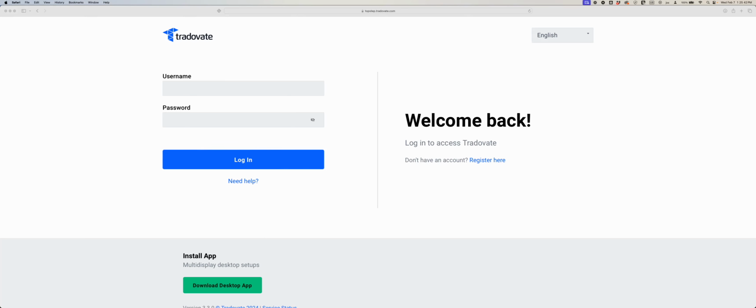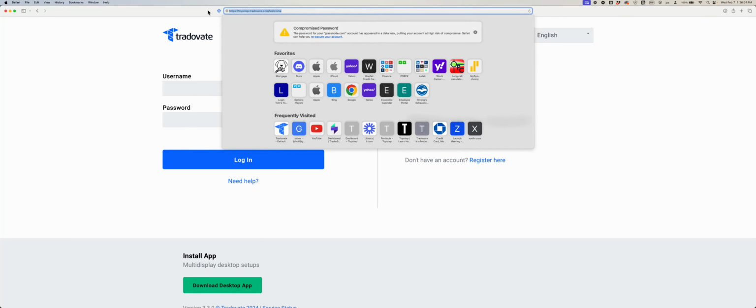What's going on, everybody? I wanted to review what platform I use to trade futures. So this is going to be an in-depth video of how I trade futures on Tradovate. All right. So when you go to Tradovate.com, right now I'm using the TopStep Tradovate platform because I use